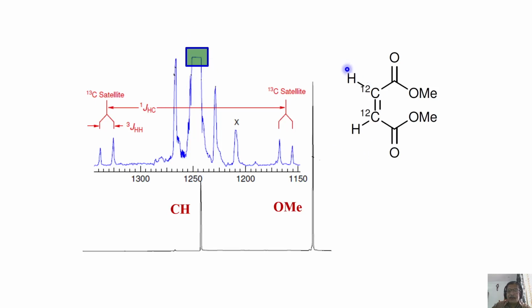But I know there is a coupling between these. How do I see that? As I just now explained to you, record the spectrum of this molecule. I am looking at this carbon. Of course, we can also look at the other peak later, and we can also see the satellites in that peak. But I am concentrating only on this peak because I am interested in getting the coupling.